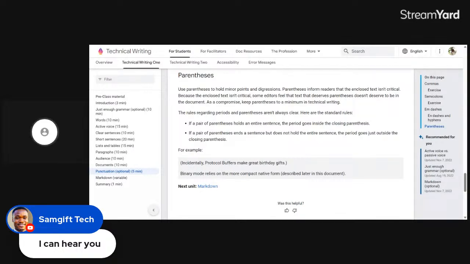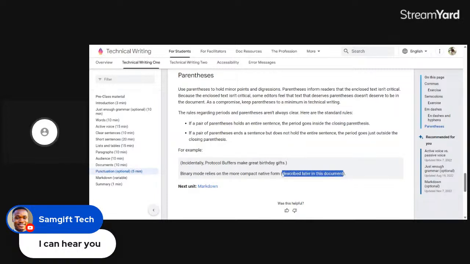So what he actually says is that this is the form that binary mode relies on, and much later we would be discussing that.